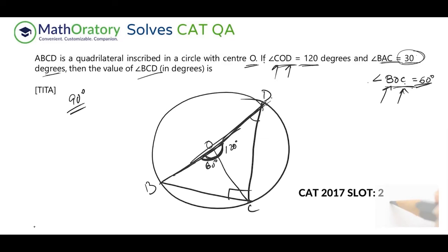So the answer you have to input is 90 only, because this is a theta question, so it is already asking for degrees. The answer you have to input is 90. So that's it for this question. If you understand these kinds of things, it will not take more than 1.5 minutes to solve this. It should ideally take a minute or so, but 1.5 minutes should be the ideal time to solve this question. So thank you.